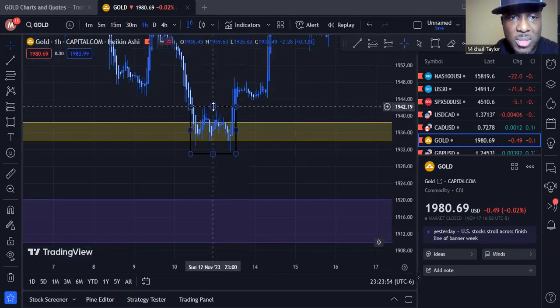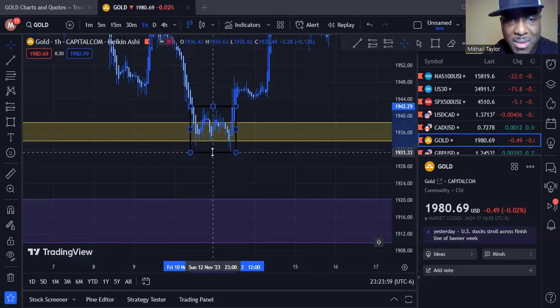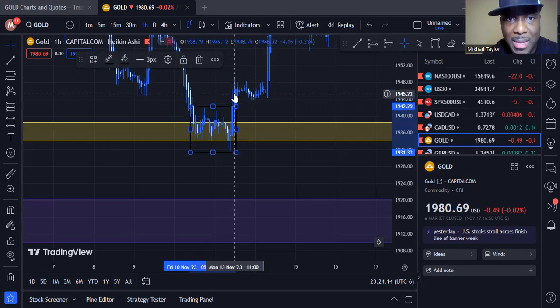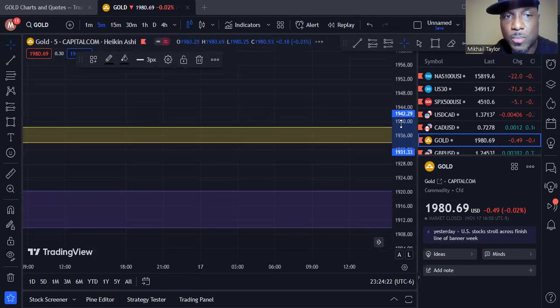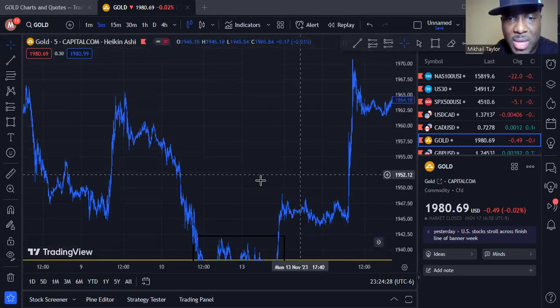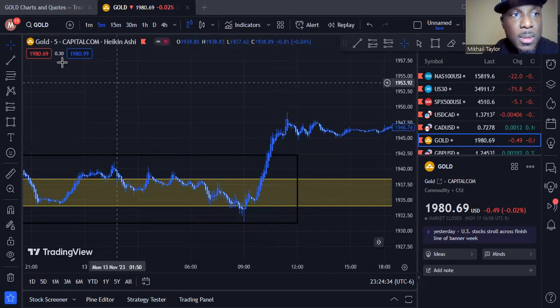I probably would have wanted to draw this box up here on the 1 hour and just probably not come out of that until I see an actual candle. I mean, even this candle right here on the 1 hour is good to look at, but I probably would just keep my eye to see what this candle right here does. And as this is breaking out of here, I would have probably just went to the 5 minute. Then as I saw that candle on the hour breaking out, I probably would go to the 5 minute then,